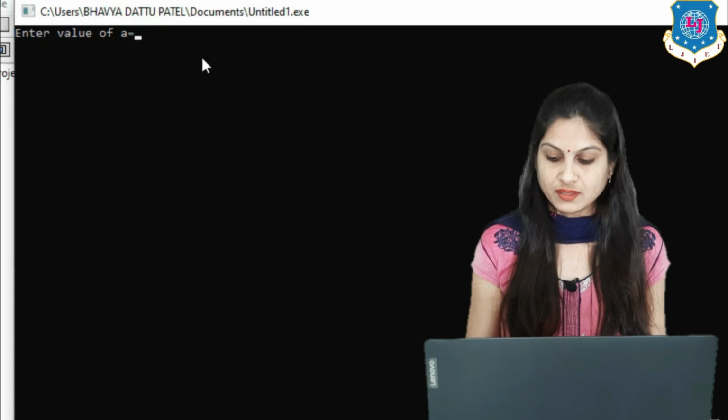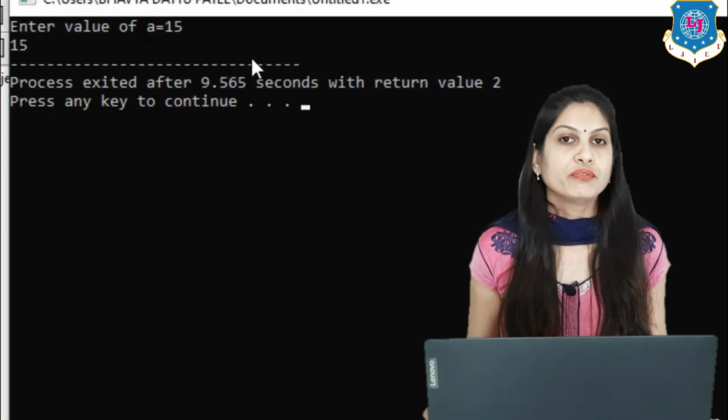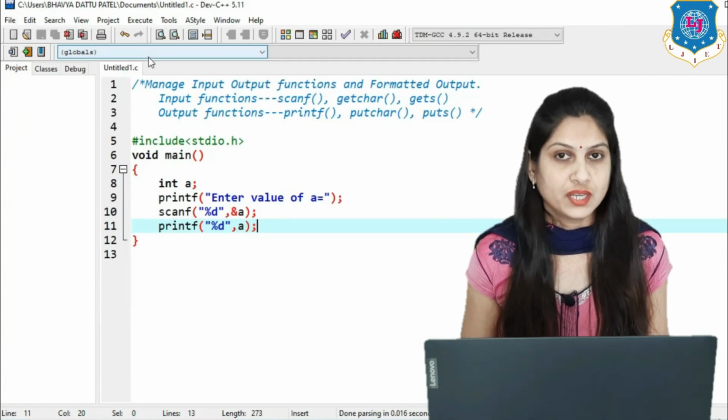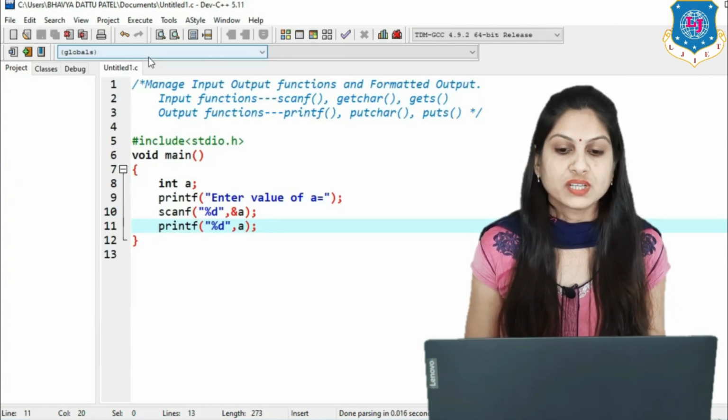Here I am entering the value, suppose 15. So the value 15 will be displayed. This program was already done in our practical session, but now our concept is changed.